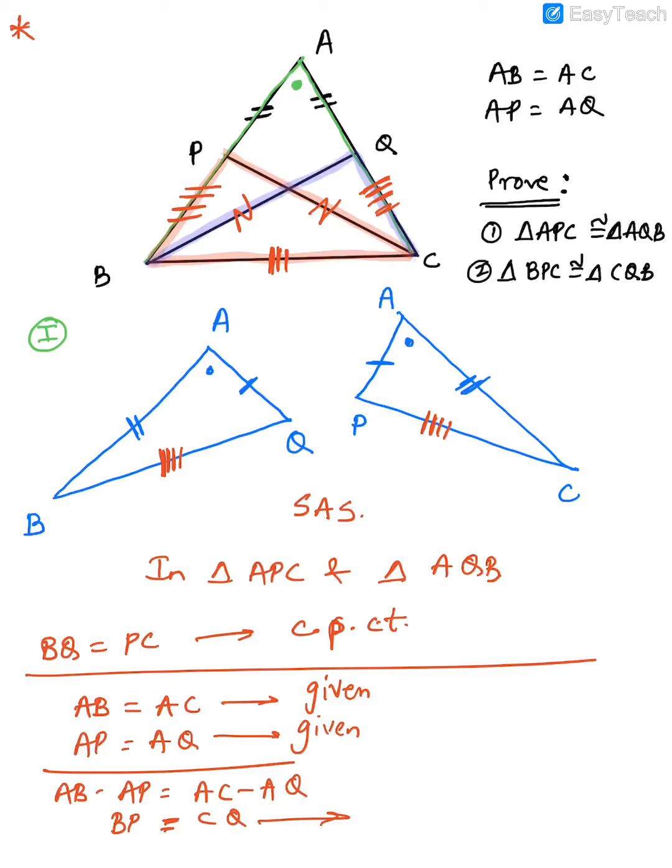Now, can you figure out that the two triangles are congruent? By which test? SSS test. So these two triangles are congruent by SSS test. And I'll repeat once again now how. BC equal to BC, common side. BP equal to CQ, proved from the statement here. You can give it some number over here, 5, 6, 7, whatever number you must have got in your solution. And CP equal to BQ, that also we already proved.